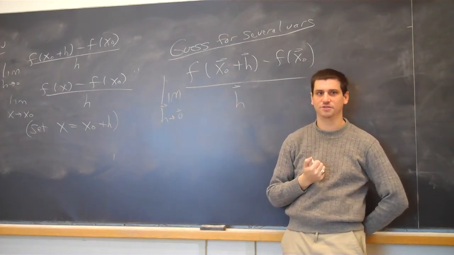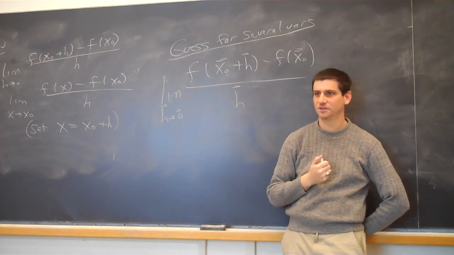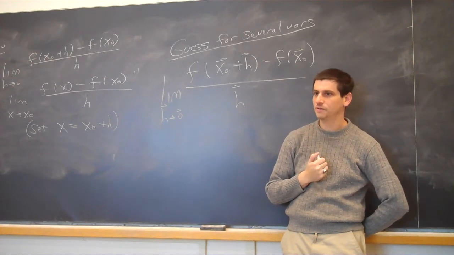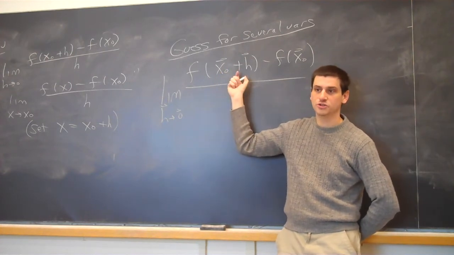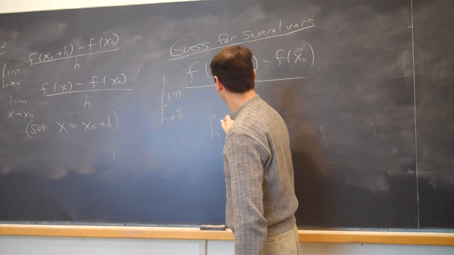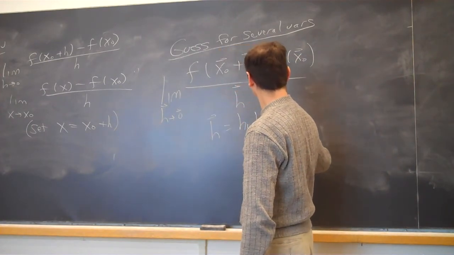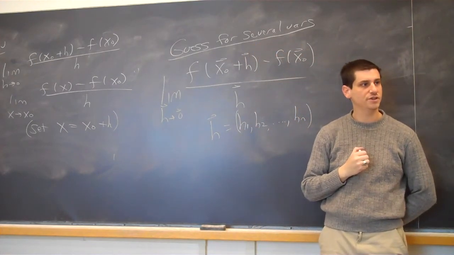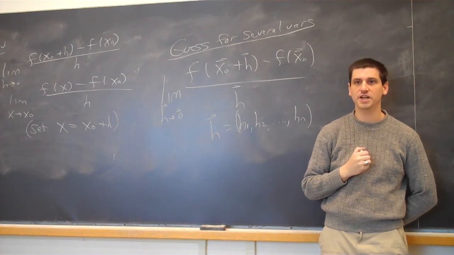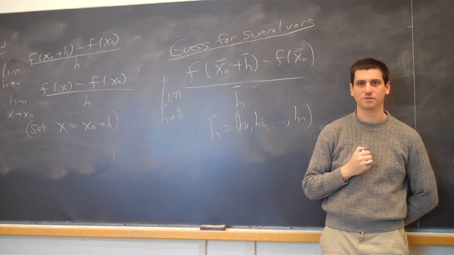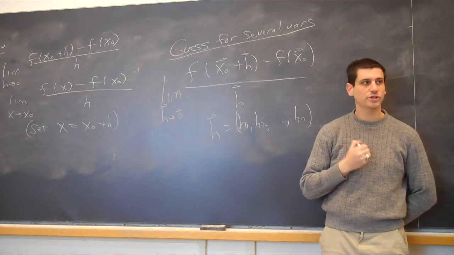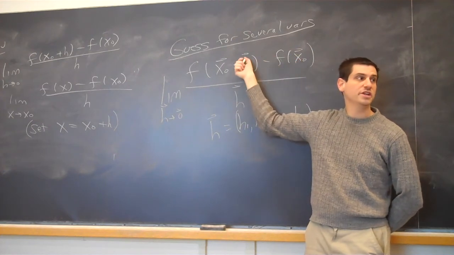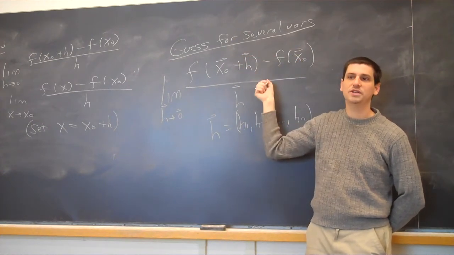What's wrong with this? There's only one dimension in it. What do you mean by only one dimension? Because there's only like x, there's not one derivative. Well, here x naught is a tuple and h is a tuple. So think now h equals h1, h2, up to hn. What's wrong with this definition? This definition has issues. So let's think of f as temperature. And this is telling me take the temperature at the point you care about, look at the temperature at a nearby point, look at their difference, and now what am I dividing by?